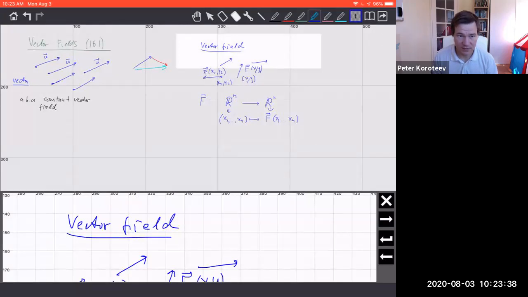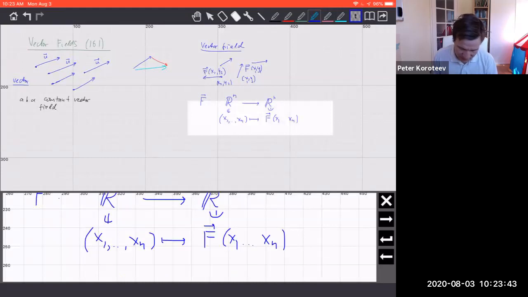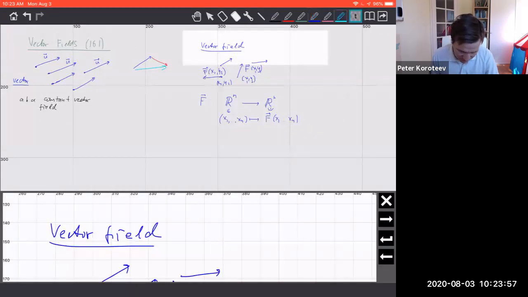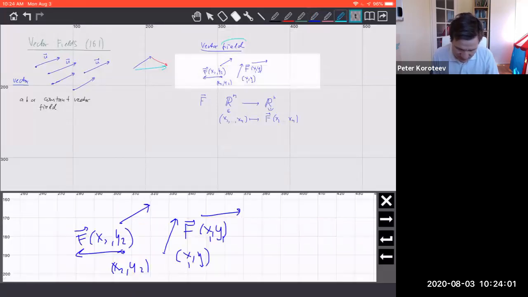So it's a rule that assigns to a point in Rn an n-dimensional vector f, which depends on x1 through xn. The word field here designates the fact that this vector depends on the choice of coordinate. It's a terminology that is used a lot in physics, right? So, for example,